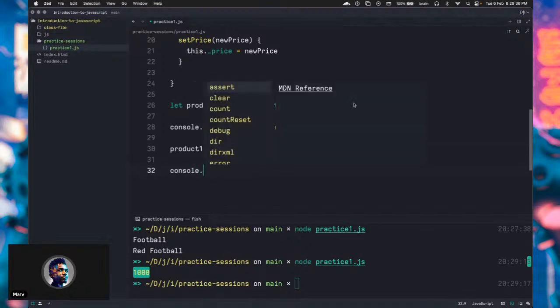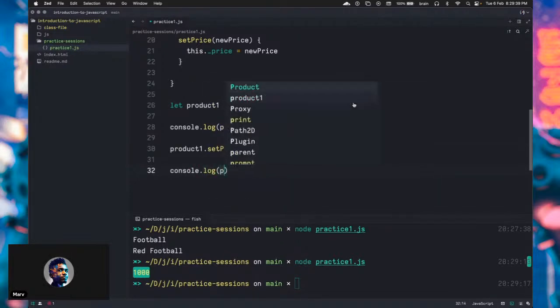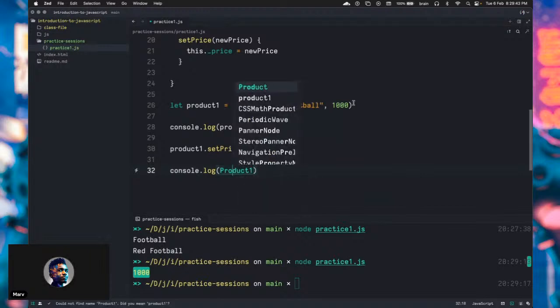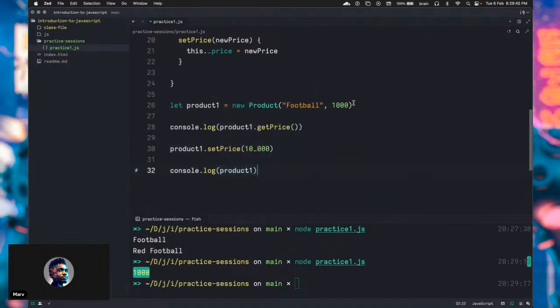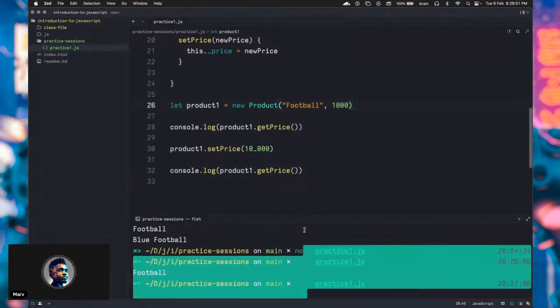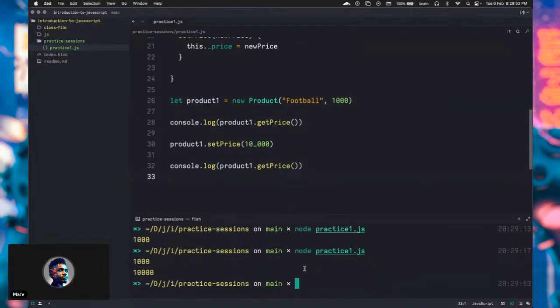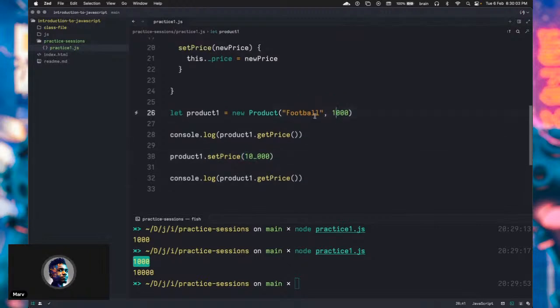So let's go ahead and say console.log product one dot get price. Now we've done that update. Let's see what the new price looks like. So if I save and I run this, now you see initially we have 1,000 naira. Now it is 10,000 naira. This is very practical looking at the situation of things. So this is how we basically change the price from 1,000 naira to 10,000 naira within the space of 3